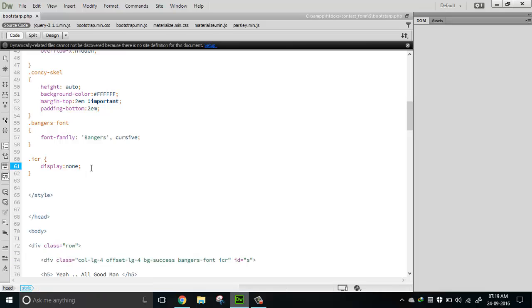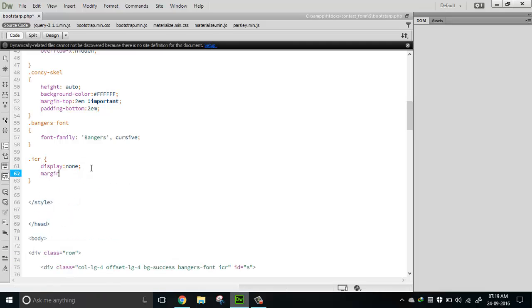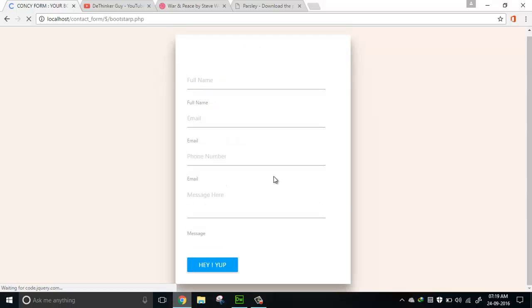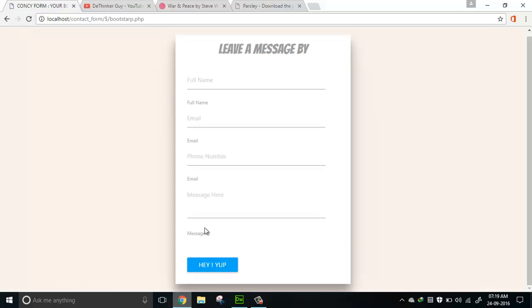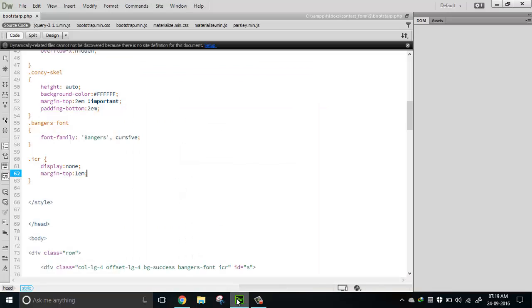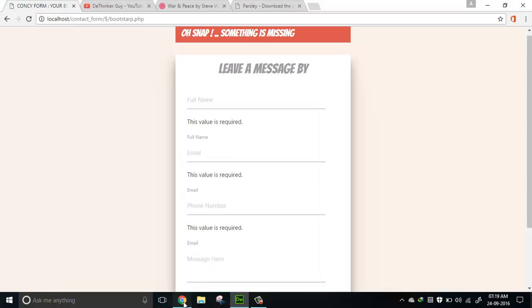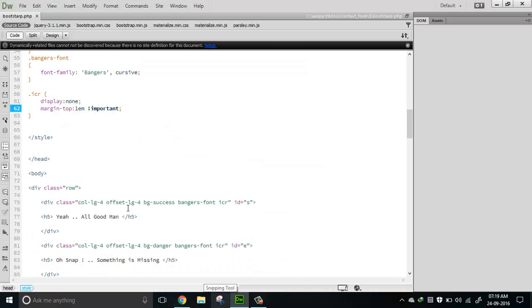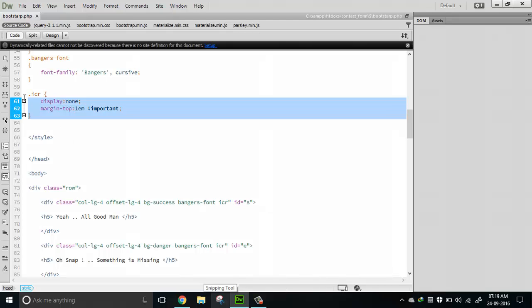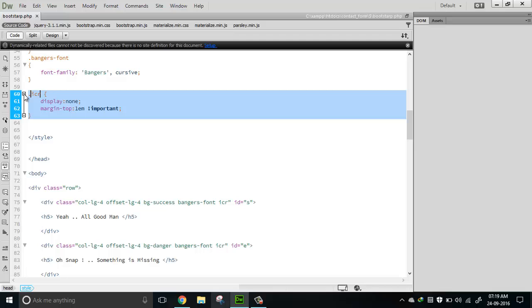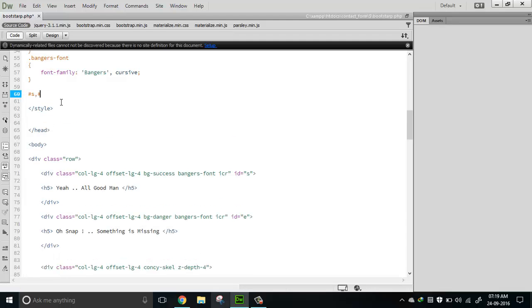And I'm going to add margin top 1em. That's going to make it look damn good. It's loading. Yeah, it takes some time to rebuild the cache and all, and yeah, it's working. This can define it as important for us. Okay, it's not working, so I'm going to place a div. Yeah, sorry, I should be doing that,